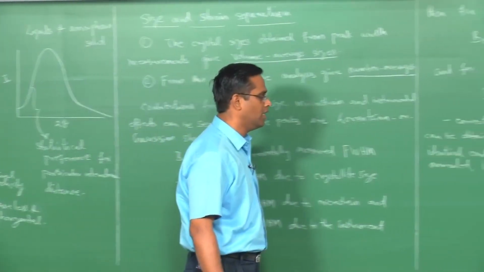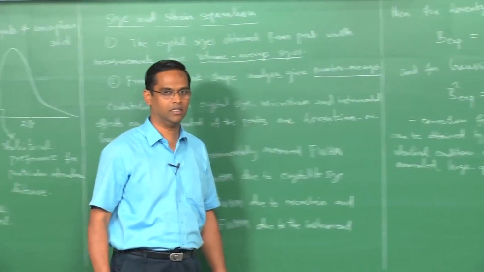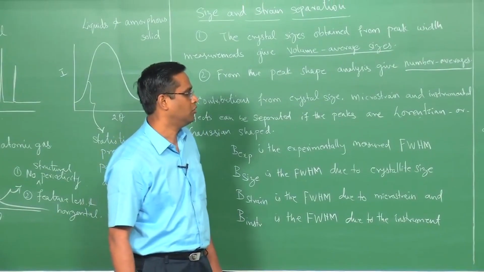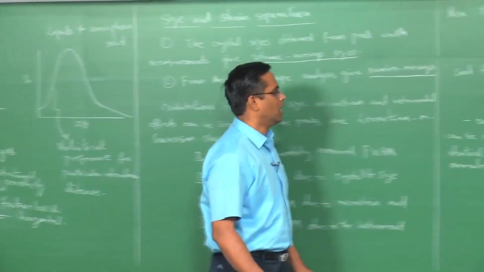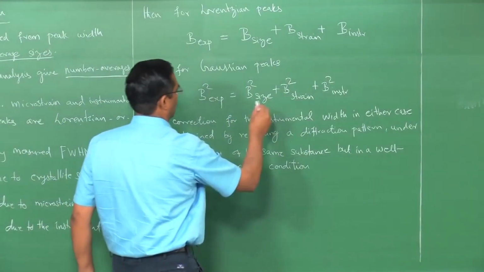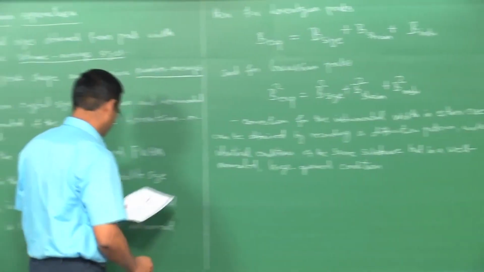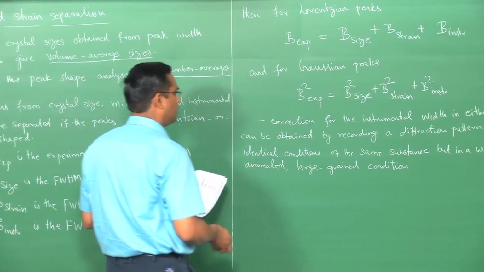You relieve all the strain and then record this peak, which is considered as the instrumentation contribution, and then we will have these two alone, size and strain. So, now let us write